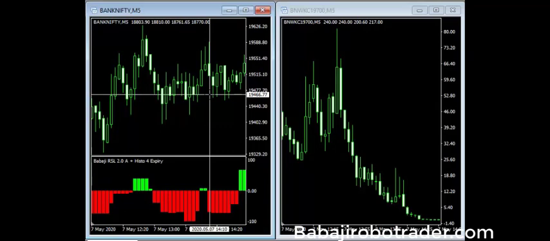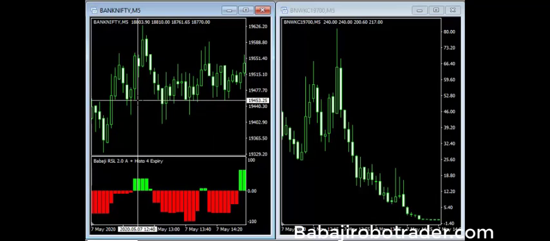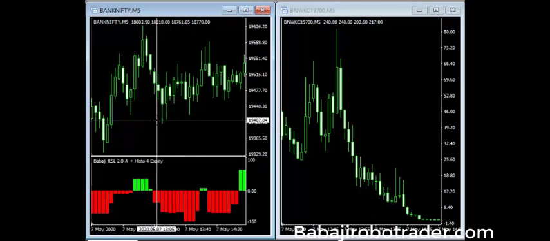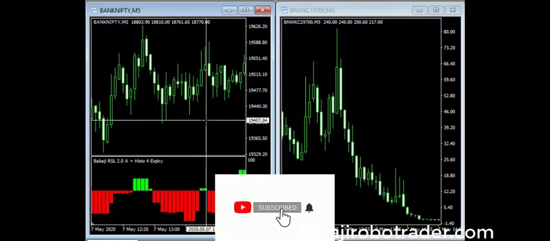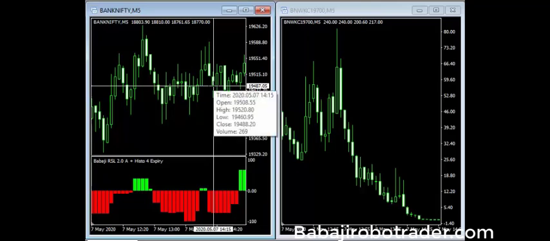This 7th May is very sideways. Even though it is sideways, we can see this buy call also gave very good performance, and the sell call also gave a very good performance. And this buy call also gave a 1:1.5 return. So let's see what happened to the last sell call. Here we got the sell trade at 2:15. The close price is 19,488.